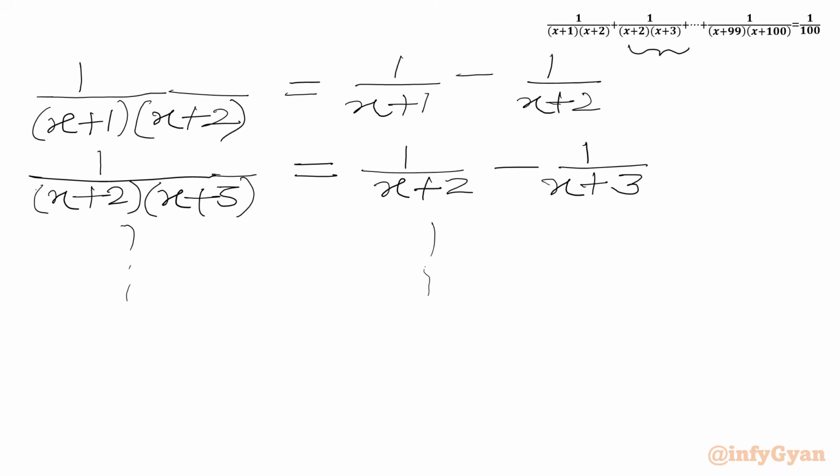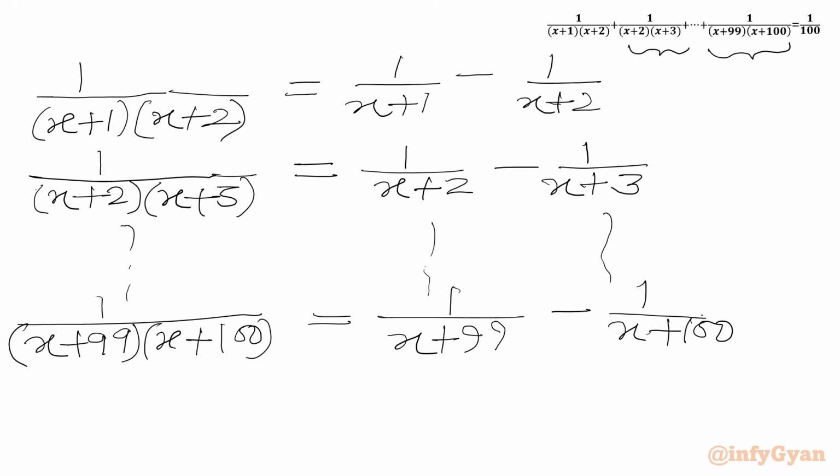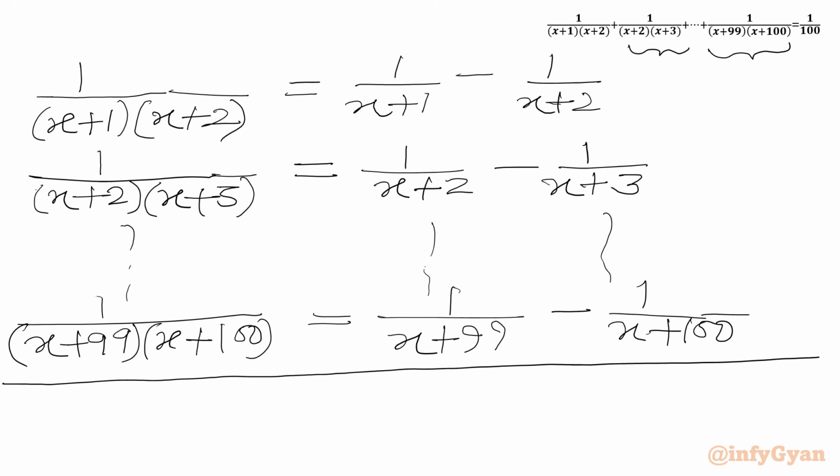Similarly, if we will write our last term, which is written here, 1 over x plus 99 times x plus 100 will be equal to 1 over x plus 99 minus 1 over x plus 100. Now we will add all the equations. So LHS will be equal to 1 over 100 as per problem,